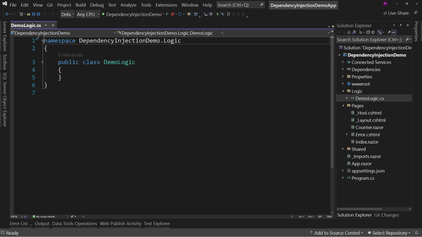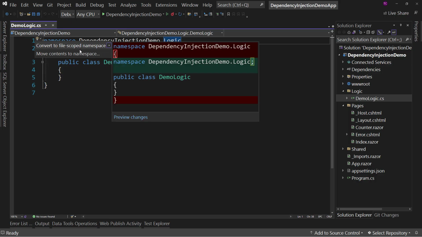I forget who it was, but really great trick. I prefer to have the file scope namespaces. Now you can use editor config and have them always created that way. But if you're in a hurry like I am, where you're going to create 1 or 2 classes, you can still use file scope namespaces by either going to quick actions refactoring and saying convert to file scope namespace, or,